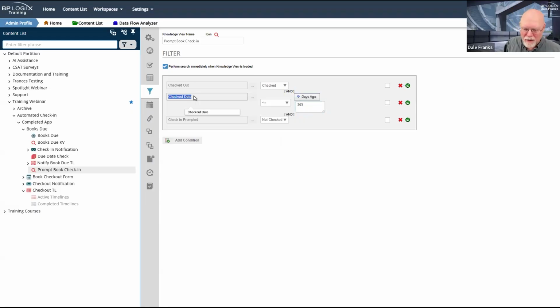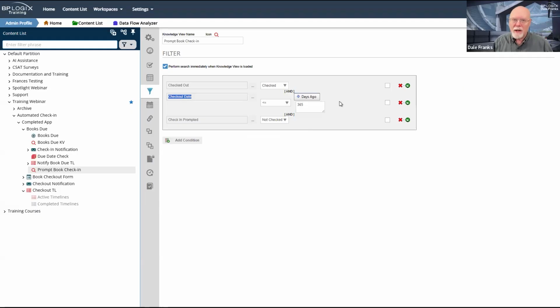I wouldn't even look at checkout date. For this second condition, it would have to be due date is less than or equal to current date. So here, if I had the due date field, I would just say due date is less than or equal to current date.